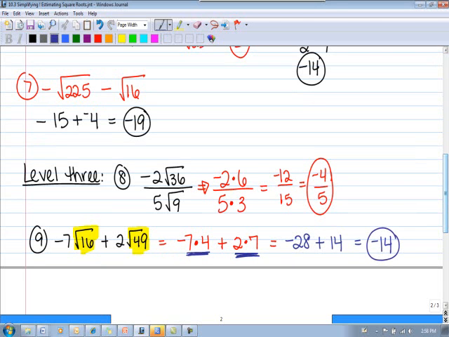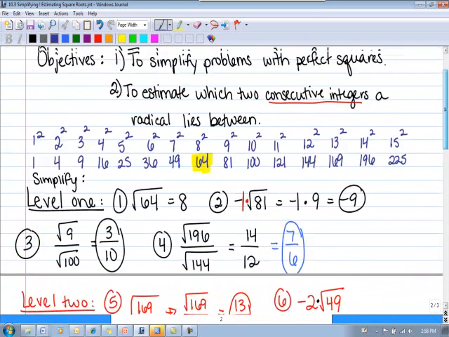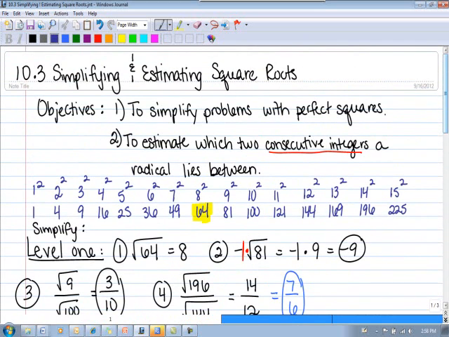Alright, that's all we have for our first objective, which was to simplify problems with perfect squares. We're going to now move on to objective number 2, which is to estimate which two consecutive integers a radical lies between. Now, when I say consecutive, I mean in a row. And when I say integers, it has to be a number that you would typically write on a number line. So for example, 1, 2, 3, 4, 5, 6, or negative 1, negative 2, negative 3, negative 4, negative 5,